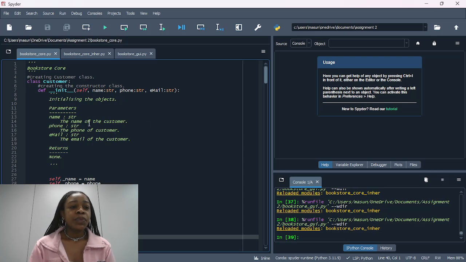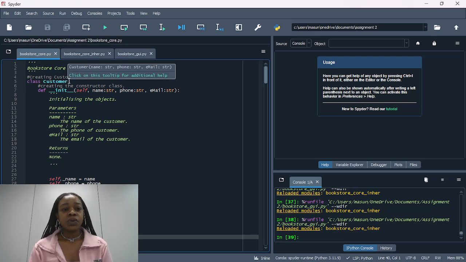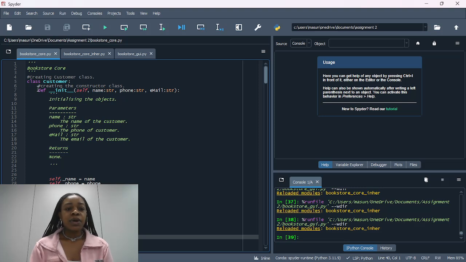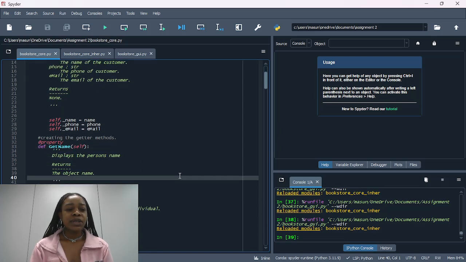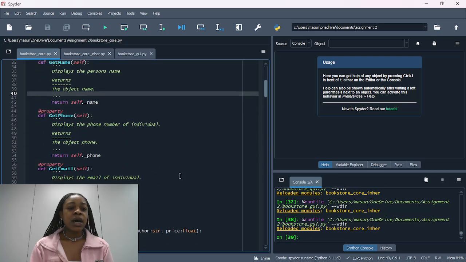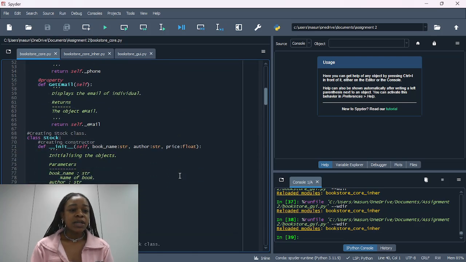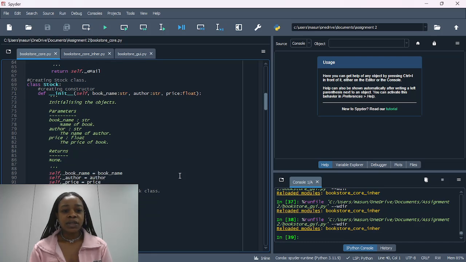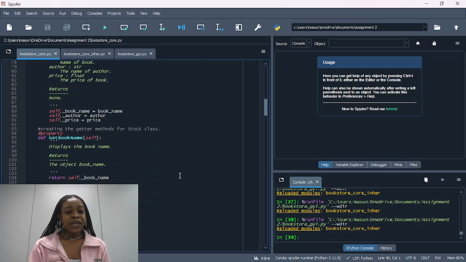I'm going to start with part one, which is bookstore core. I created a class customer with the constructor with three parameters and initialized, followed by their getter methods, which have property decorators. And next we have the stock class following the same order,